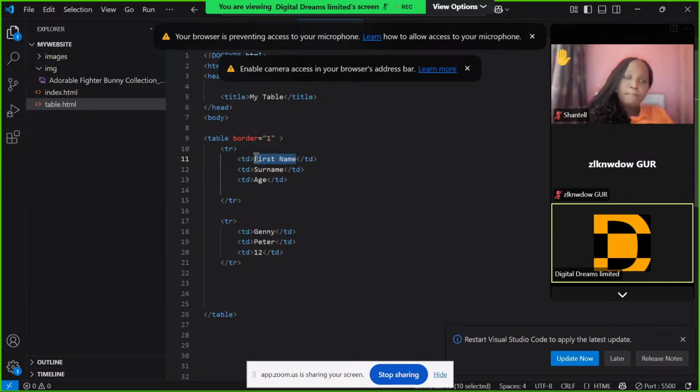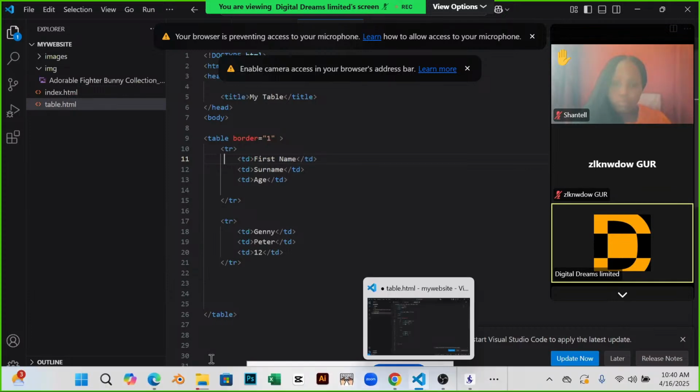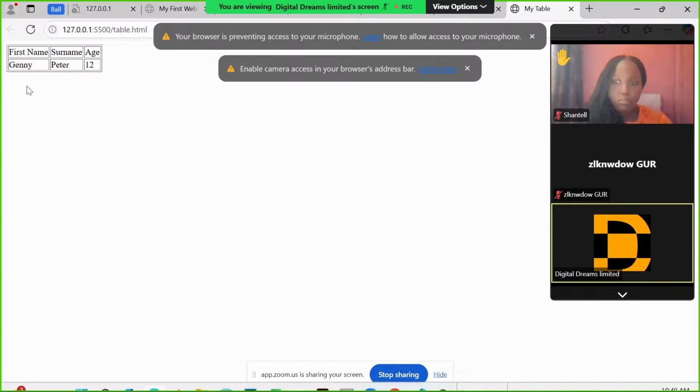Now for now we have 2 rows already created, 3 columns. And then what do we have? We have cells. These are the boxes. These boxes you are seeing here, 1, 2, 3, 4, 5, and 6. We have 6 cells in total. So now if you want to make your first name to be one, for instance, you make your surname,